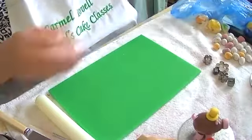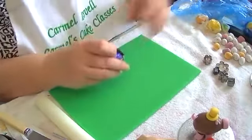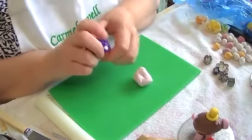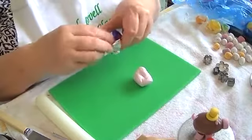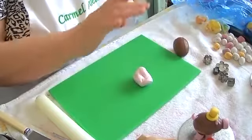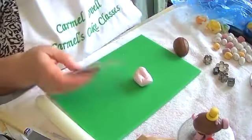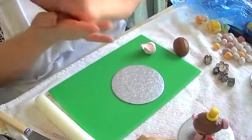I'll swap cameras now so that you'll have a better view of what I'm doing. I've already coloured some sugar paste. You could use marzipan, you could use modelling paste. I've coloured a nice pale pink colour. Wrap your egg. And I'm using tiny little 4-inch cut edge boards because I think they're a lovely size just to hold the